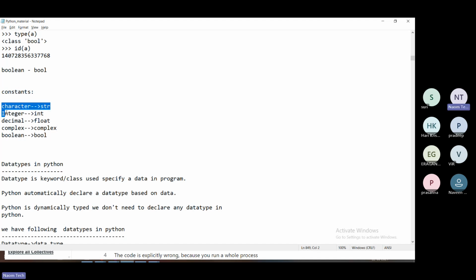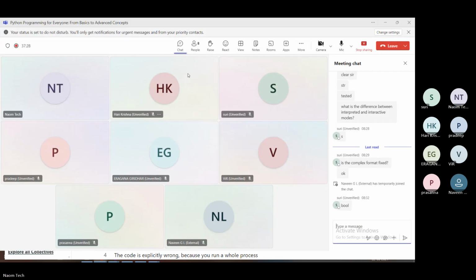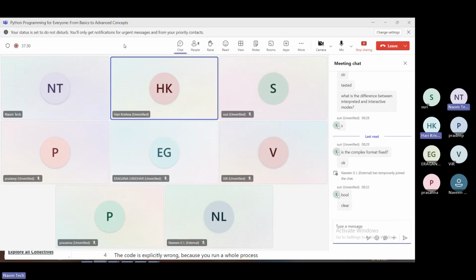But are you okay with this so far? Are you clear on all this, friends? Can I get a yes from all of you? Sir, for Boolean data, do we use yes or no also, or only true or false? No, only true or false, Hari. Because yes or no doesn't work in any language, not only in Python. As per my knowledge, we don't use it. So we use either True